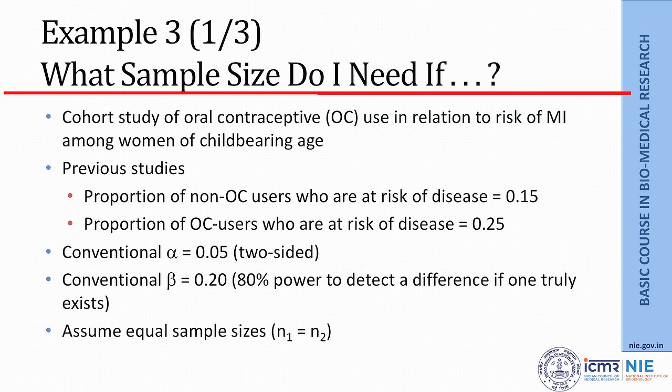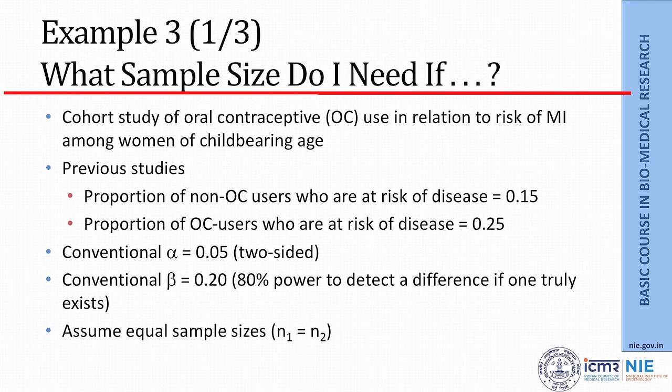That is 15% of non-OC users, women of childbearing age, have a risk of myocardial infarction. The proportion of OC users who are at risk of disease is 0.25. The conventional alpha is 0.05, and suppose the beta is taken as 0.20, that is you want 80% power to detect the difference